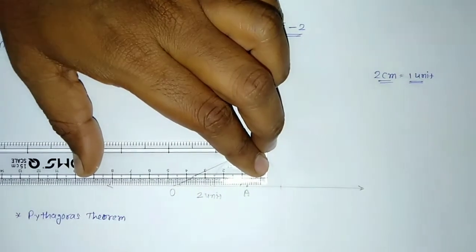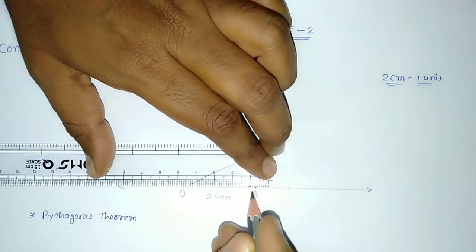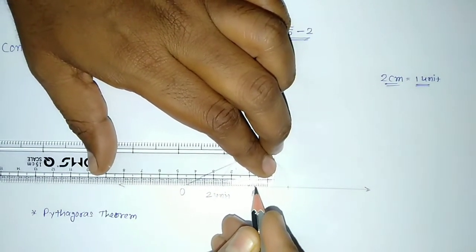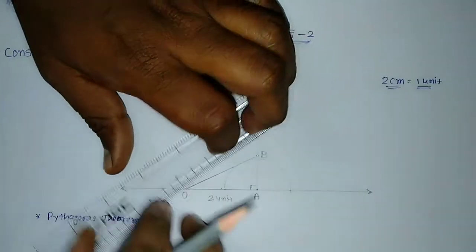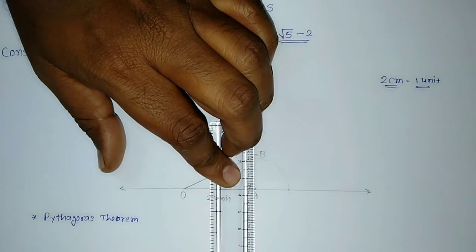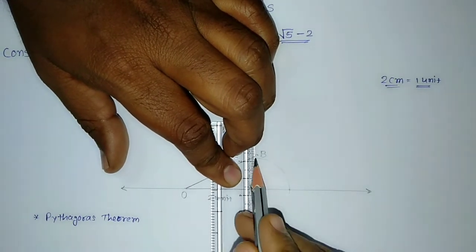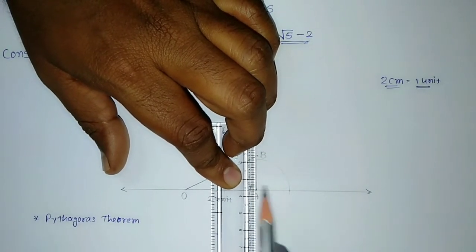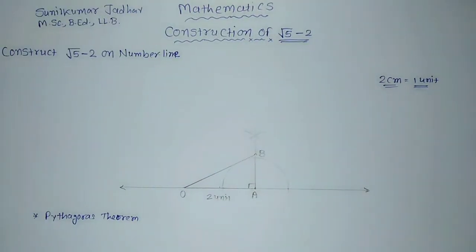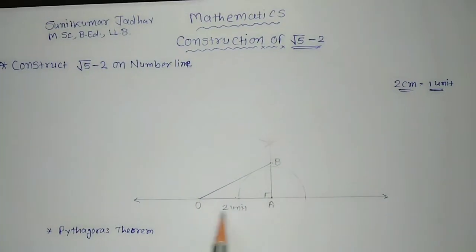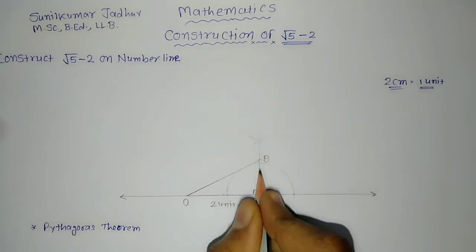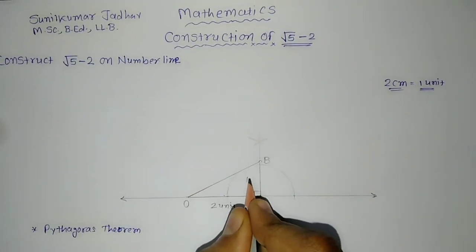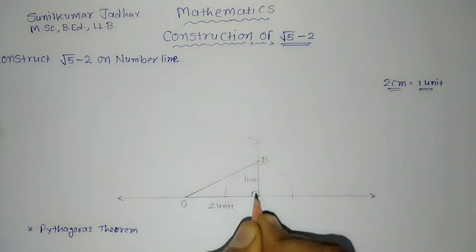I will make it little dark so you can see that properly on our number line. Or even it's not needed to do the dark. You can just understand it. But I have taken it and made it dark so you can see clearly that right angle triangle OAB, where we have taken this as 2 units and this we have taken as 1 unit. This measure I have taken 1 unit of this measure.